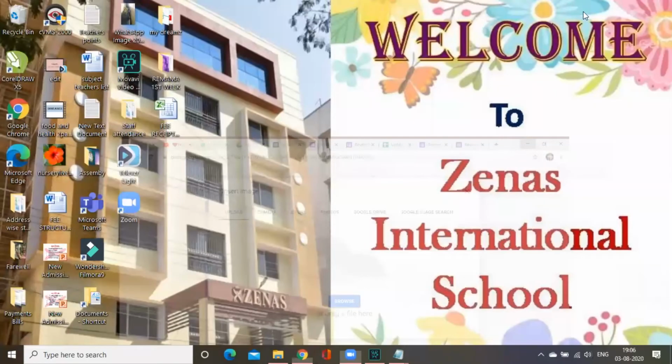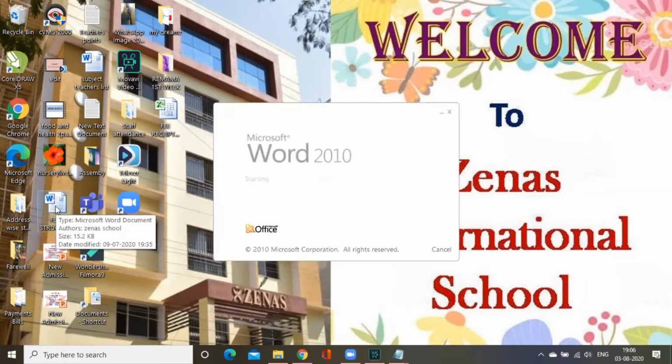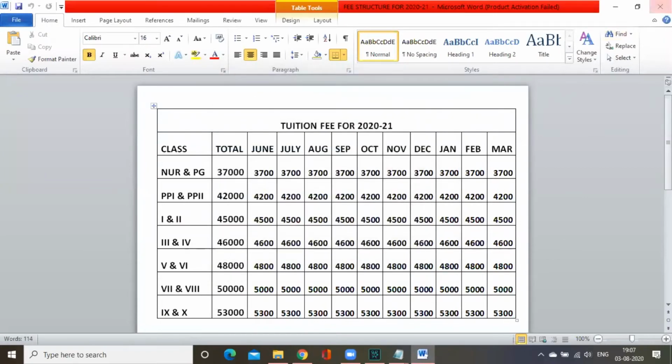Ma'am, how can we convert it into PDF? It may accept PDF, but I don't know how to convert that document. If you have net, you can do it directly. Should we download any app, ma'am? No, directly, while saving, use save as. When you save the Word document, you have to go to save as, and in save as, select PDF. Okay, so we can directly do that instead of downloading.